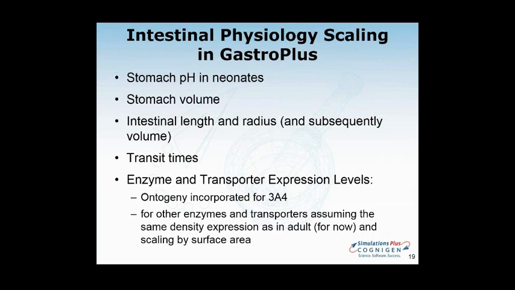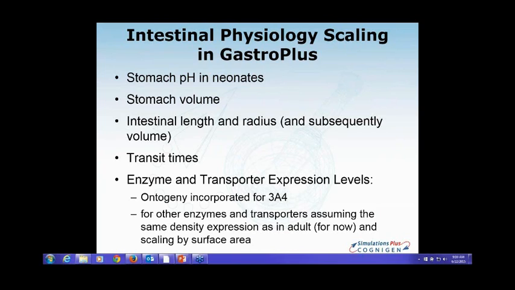You are not going to have a baby fasted for 8 hours to get them into a fasted state. And so, the food will be the other aspect of affecting all of these parameters as well. So that complicates the physiology as well. Okay, thank you. All right, thank you.